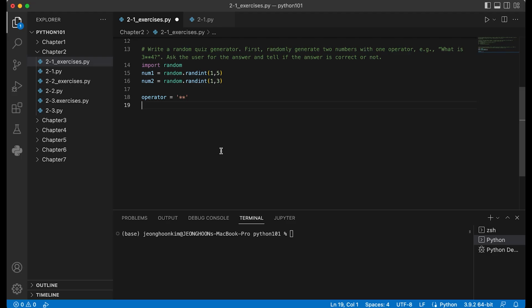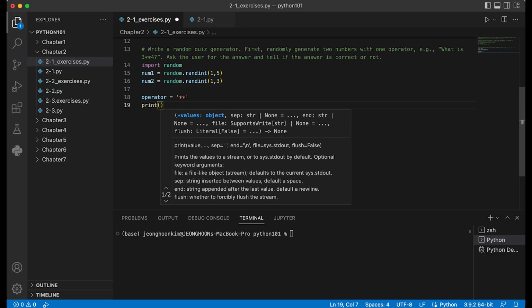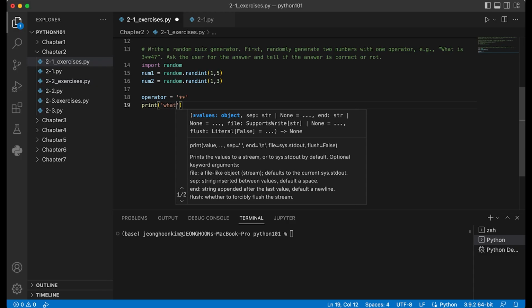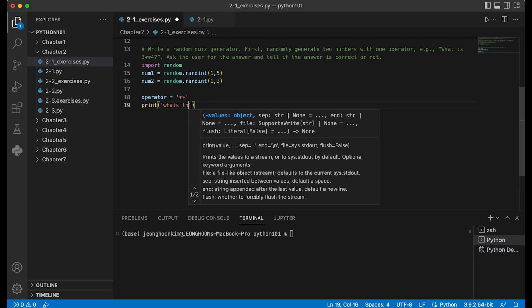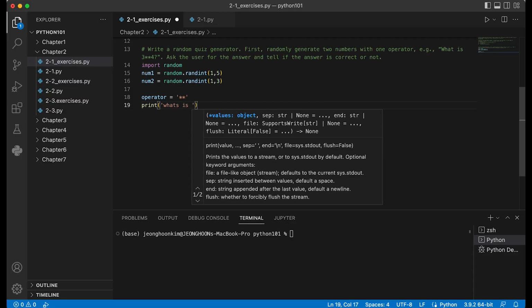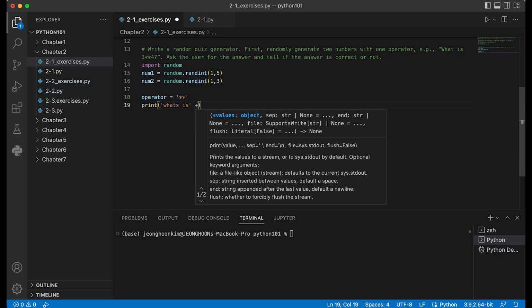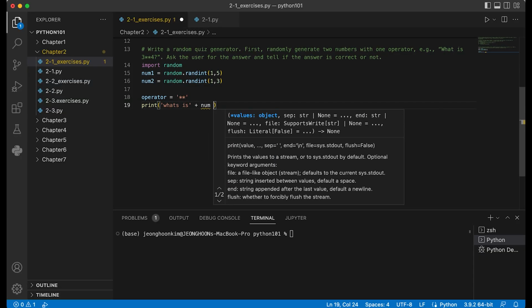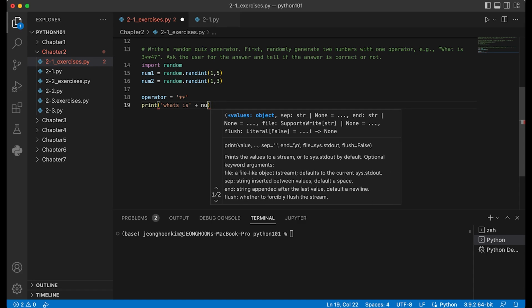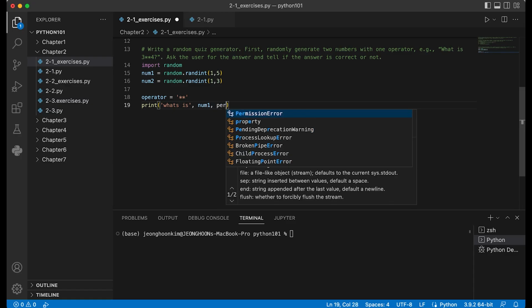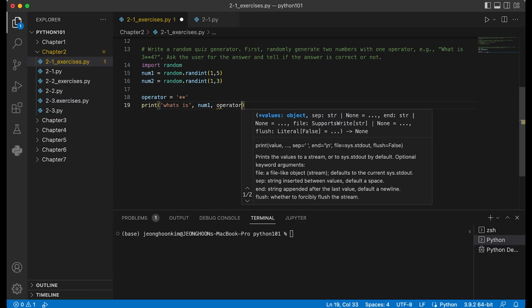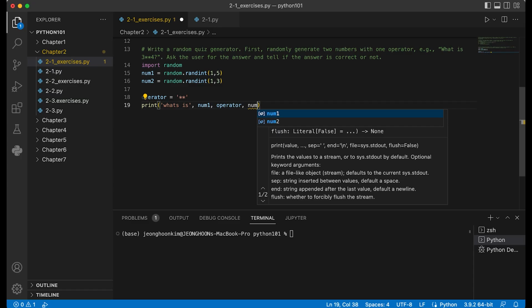And then let's first print out this one so that the user can see that. Print what is num1 operator num2, right?